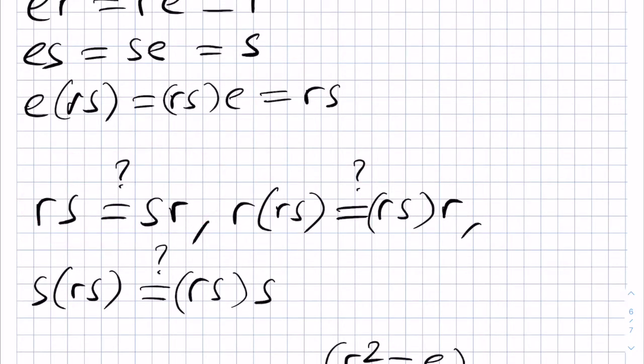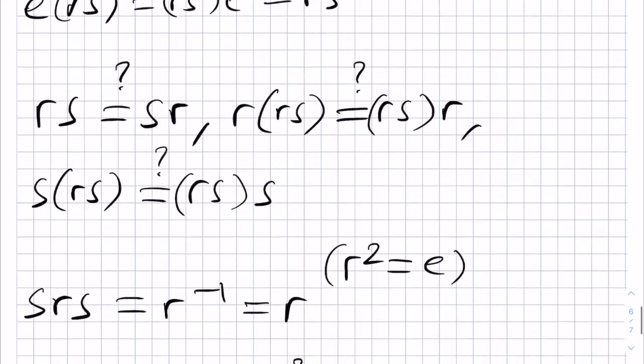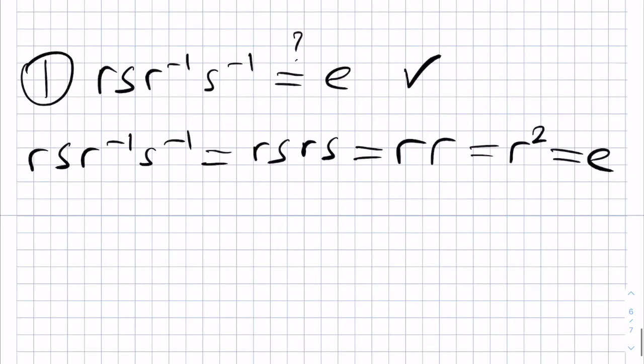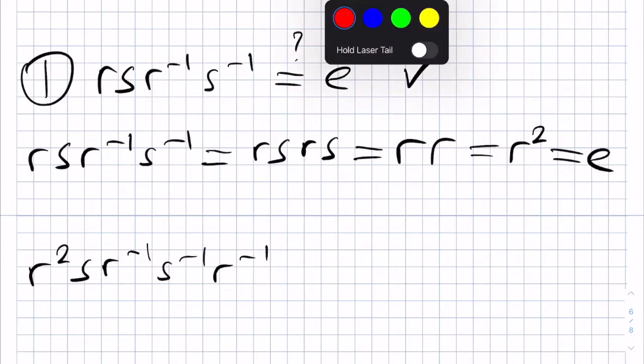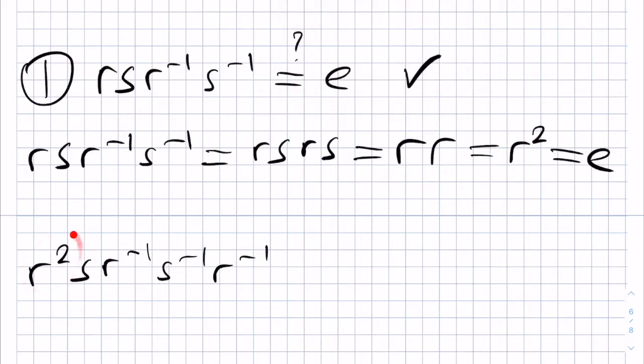that this certainly holds. Next, to check that R times RS is the same as RS times R, we can move everything across and instead consider R squared S, R inverse, S inverse, R inverse, and check that we get E. So we have, let's have a look, that R squared is equal to E, so we can ignore that. We have an SR inverse, S inverse, but again using R inverse as R and S inverse is S, we